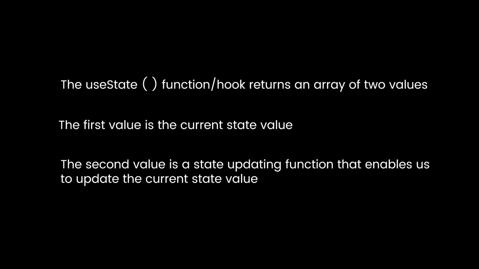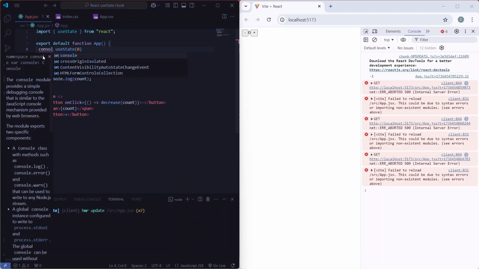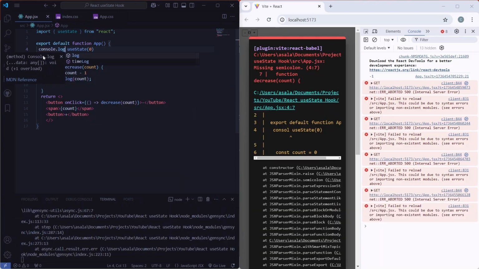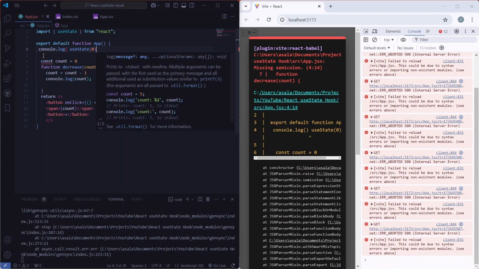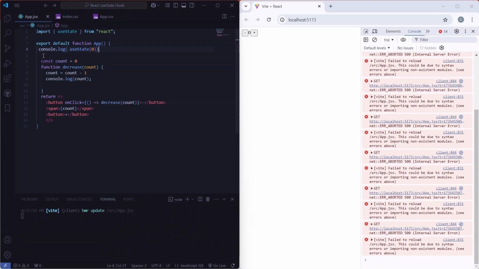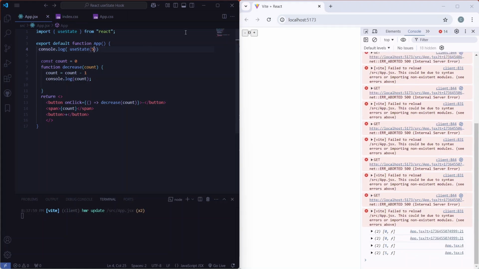The second value is a state updating function that enables us to update the current state value. We can see this array returned by the useState when it is called by simply logging useState to the console. So we have console.log useState. Now, if we were to change this initial value to 5, and let's go back to our browser, refresh,